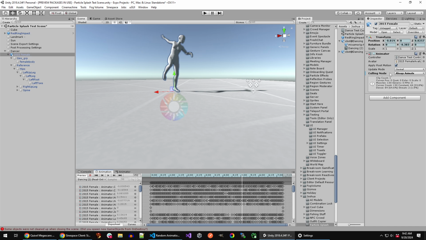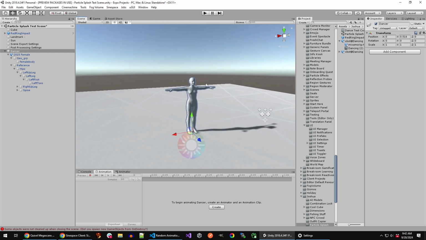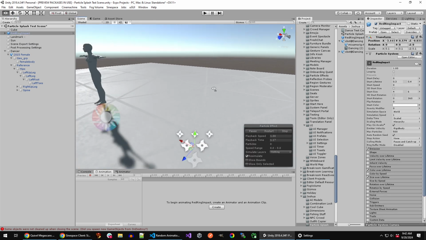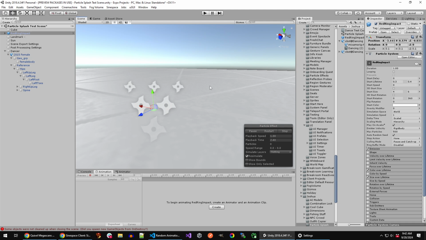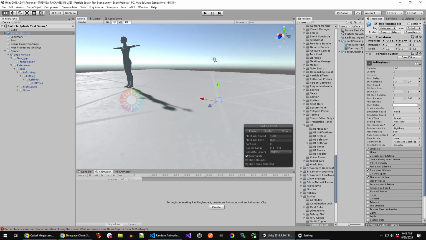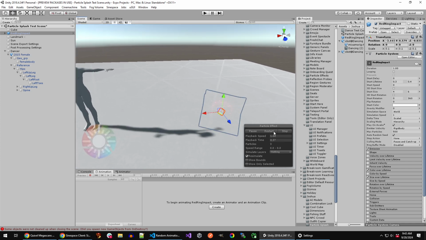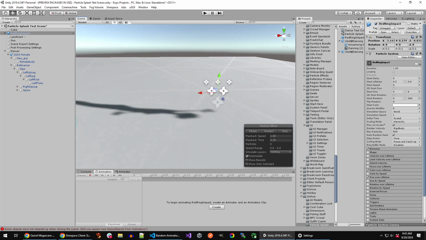So what we're going to do with that is, I picked out a particle ahead of time, just something we happen to have in our library already. And that is just playing a little explosion, a little impact poof there. It happens to be red, which is not a terribly visible color, but